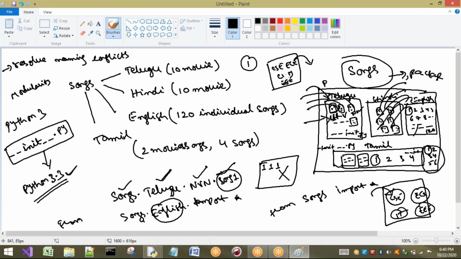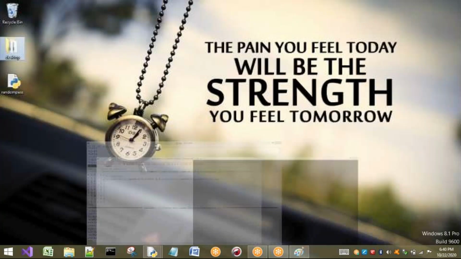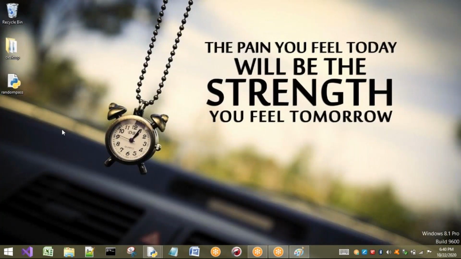Right, what are the things we have discussed till now? I will show it in the programming. So this is the overview of our packages concept. Now I want to import a module from a package. Now I will show you the real-time examples. That is, I want to create the folders here. I will create two folders to explain.